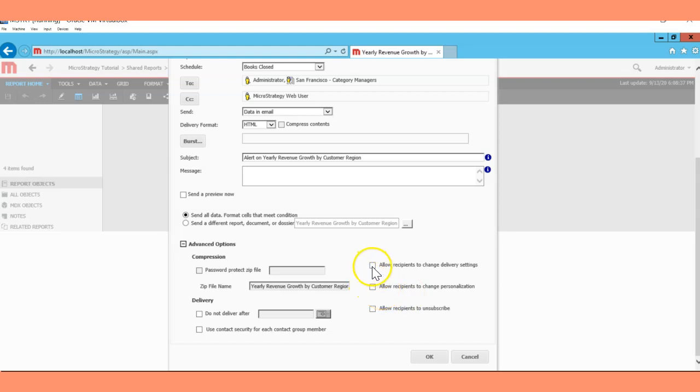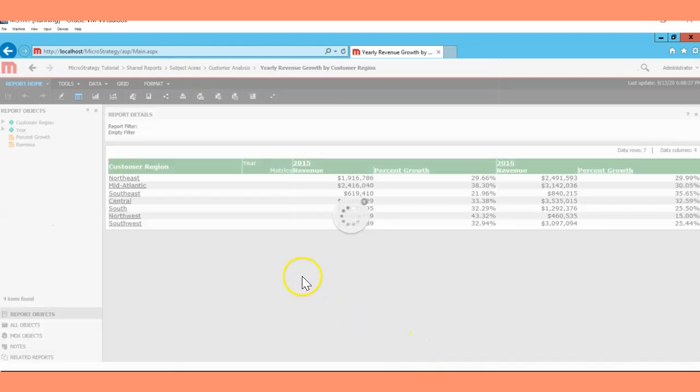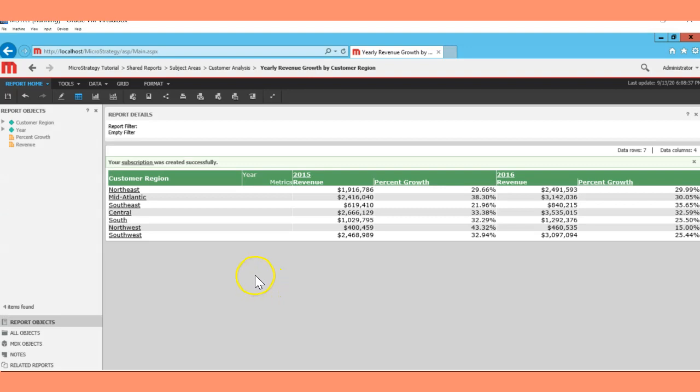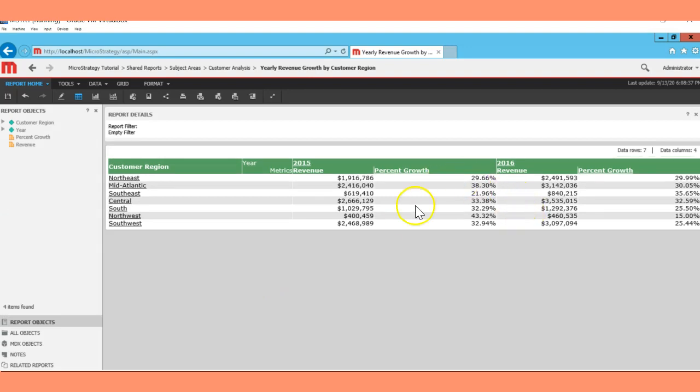If they want it, you can have the option here. For this demo purpose, I'm just going to select that one also, and then you can hit OK. This should be saved this time. Okay, perfect. Now we can save after putting all the valid information into the delivery settings, and we can save them here.